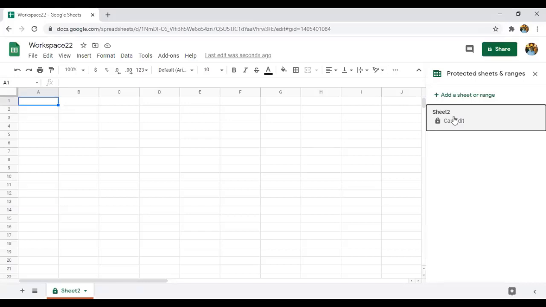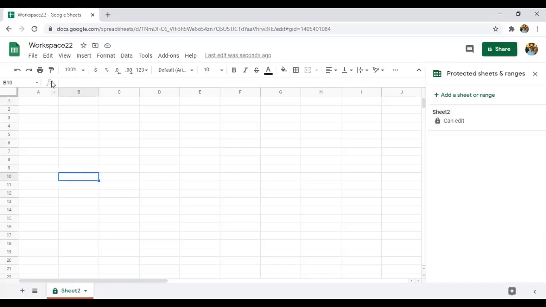So this is how we are going to perform various operations on a single sheet, right? So this is all about how you are going to name the spreadsheet, how you are going to save the spreadsheet, and in a single sheet how you are going to do several operations like delete, duplication, changing the color, and how you can protect the sheet. So these are all the different operations you can perform in the spreadsheet.